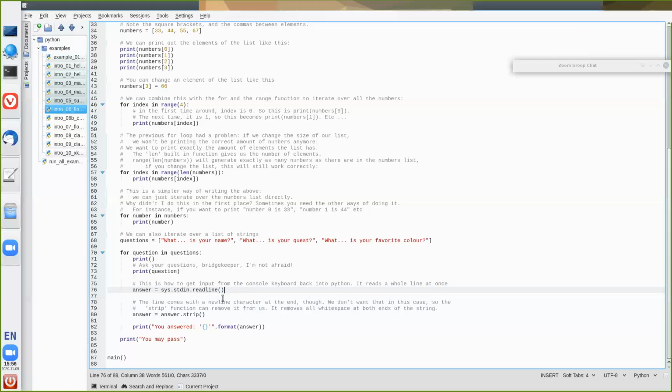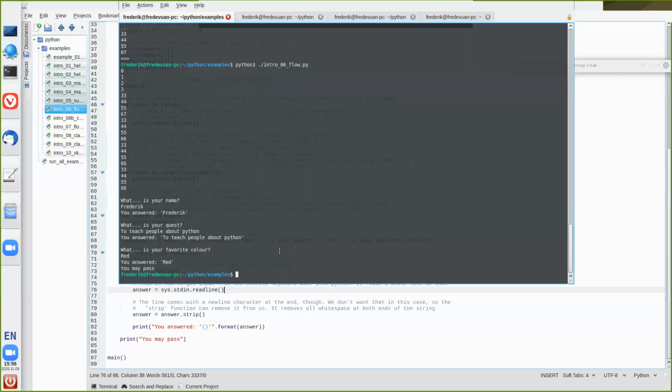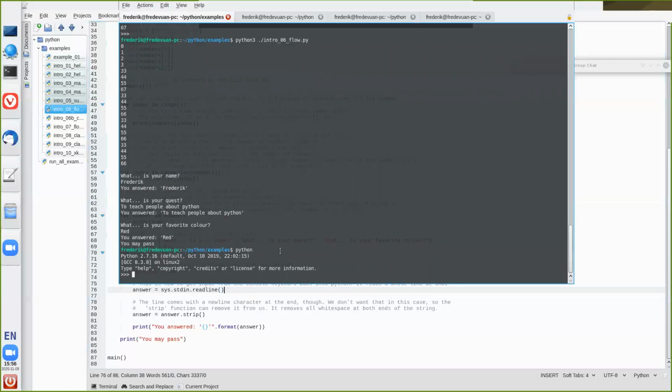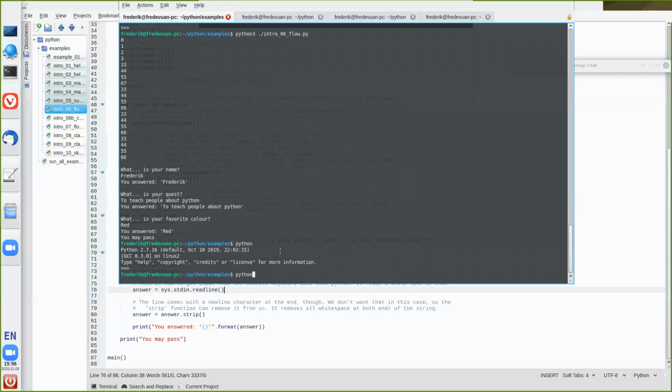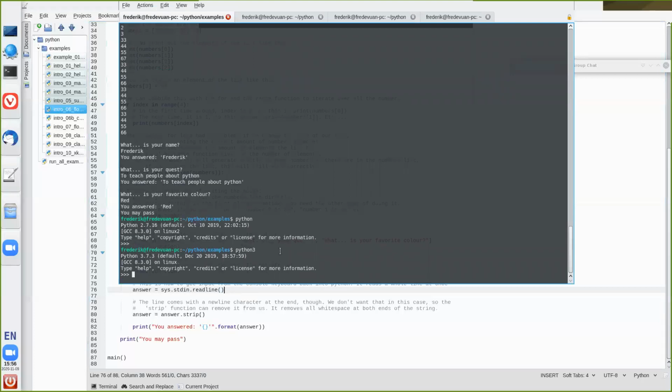And yeah, if we tried it in a console, actually I have to use Python 3 because my system defaults to Python 2. So that's also something to watch out for. Python 2 is still quite common, but we are using Python version 3 for all of these examples. Anyway,